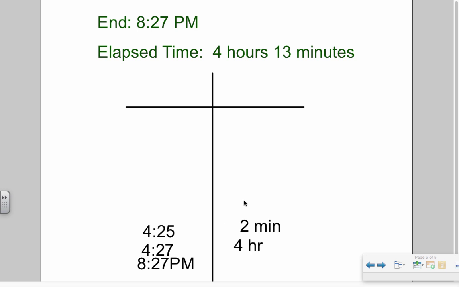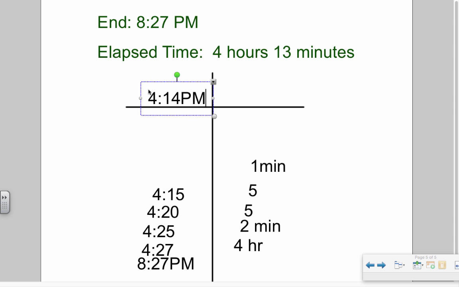So I'm at 2 minutes. I need to go down another 5, which would give me 4:20, going back in time. Another 5, which would give me 4:15. So I'm at 5 minutes, 10 minutes, 12 minutes, and I need to go 13 minutes. So I need to go down 1 more minute from 4:15, which would give me my start time of